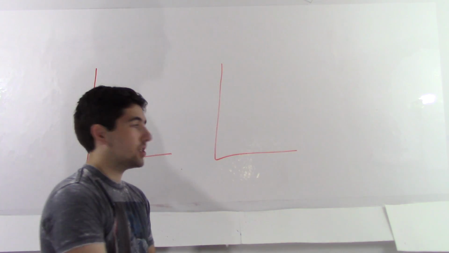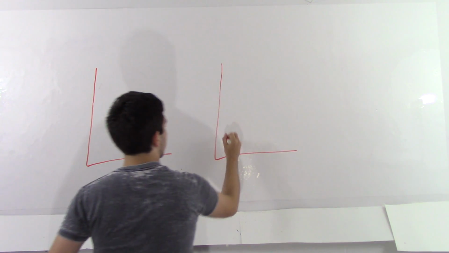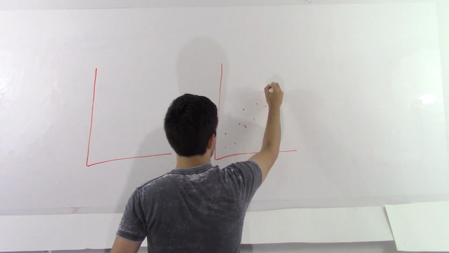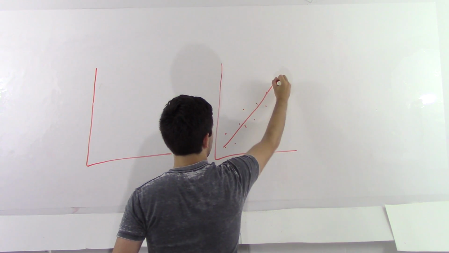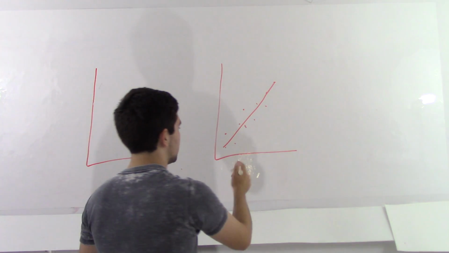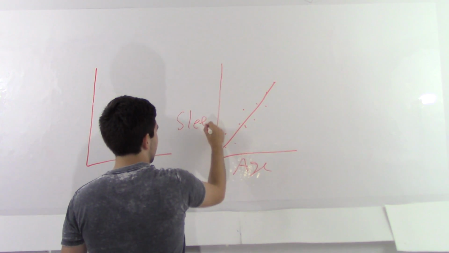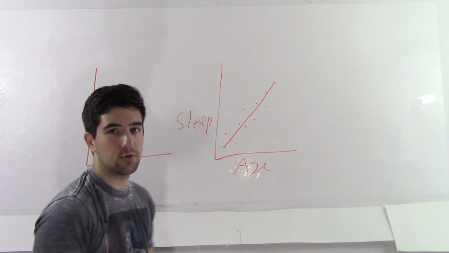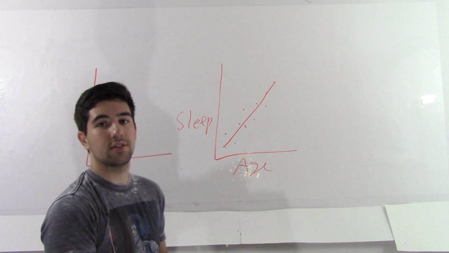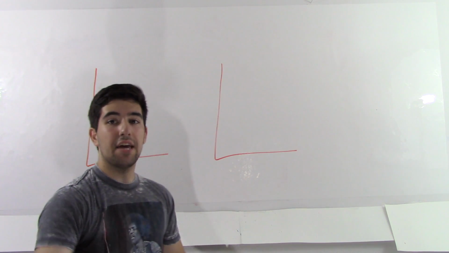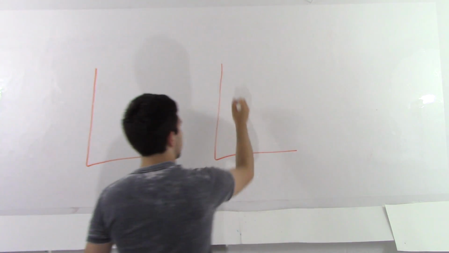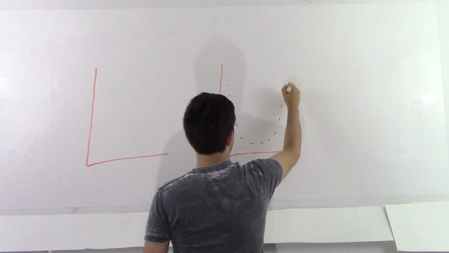Now, linear relationships can also be positive, where there's something like this. Here we can see the trend is a line that's positive, whereas, let's say, as age increases, the sleep per day increases. And that's also something we can infer. That's a positive relationship. Now, if it doesn't follow a trend like that, if it follows a trend like this,